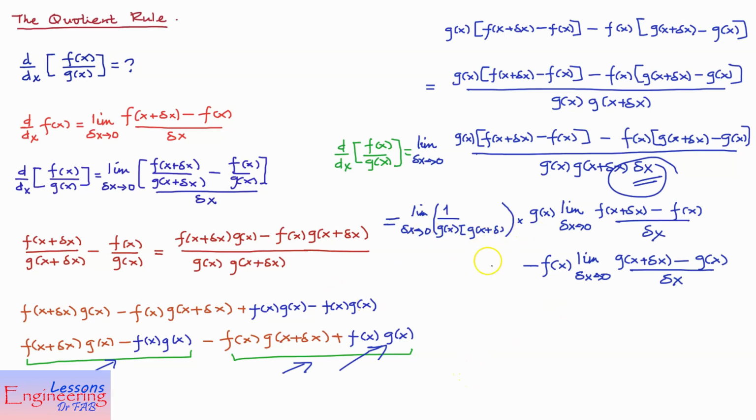Now we have simplified it, because the limit as sigma x approaches 0 of that expression equals 1 over g of x squared. As sigma x approaches 0, we'll have g of x times g of x, which is g of x squared, times, and that g of x is, again, as we have said, not dependent on sigma x, so that will be g